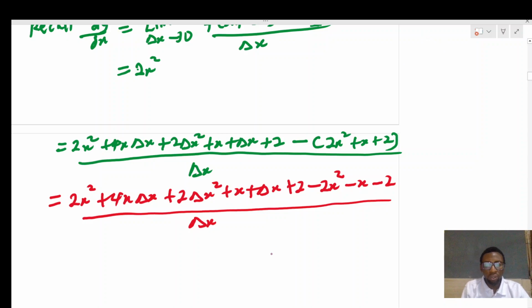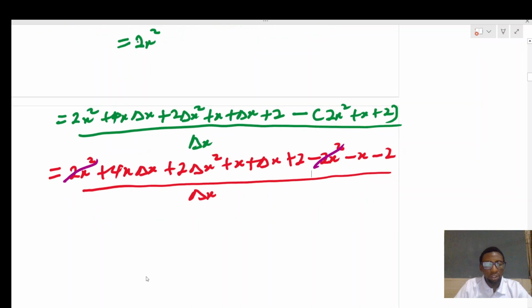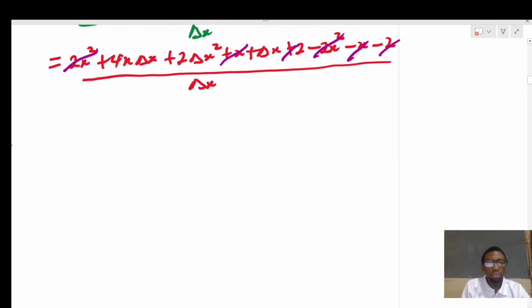Let me cancel out. So if I cancel out, I will see that 2x squared cancels 2x squared. And I will also see that plus x cancels minus x. And I also see that plus 2 cancels minus 2. So I'll be left with 4x beta x plus 2 beta x squared plus beta x. I'll be left with this, then divided by